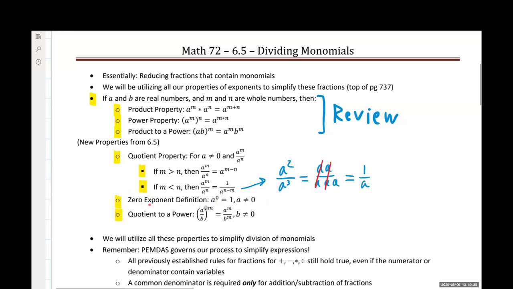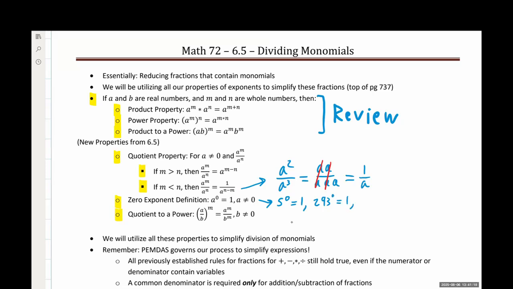We then get to the one that is both really straightforward and gives people a lot of headache, surprisingly, a lot of the time. It's the zero exponent definition. And what this says is any number that is not zero, that is raised to the 0 power, is always going to become 1. So I think the fun way of thinking on this is if I have, let's say, 5 to the 0 power, that's going to become 1. If I have, let's say, 293 to the 0 power, that's going to become 1.